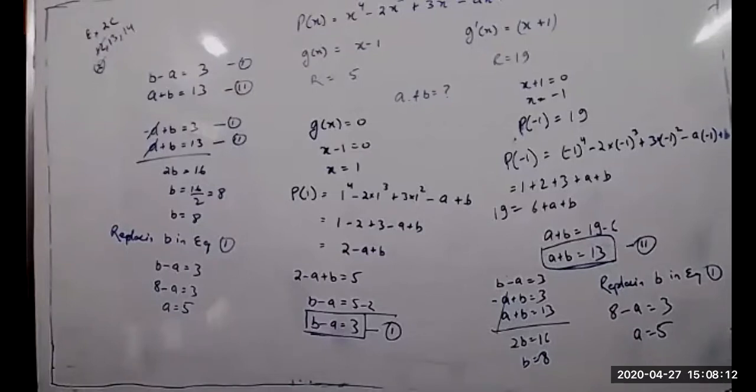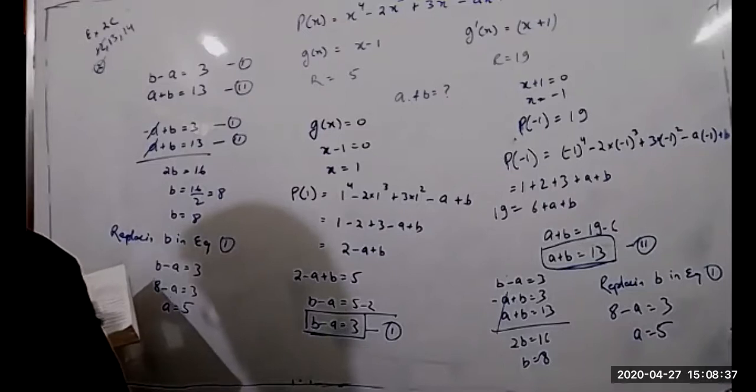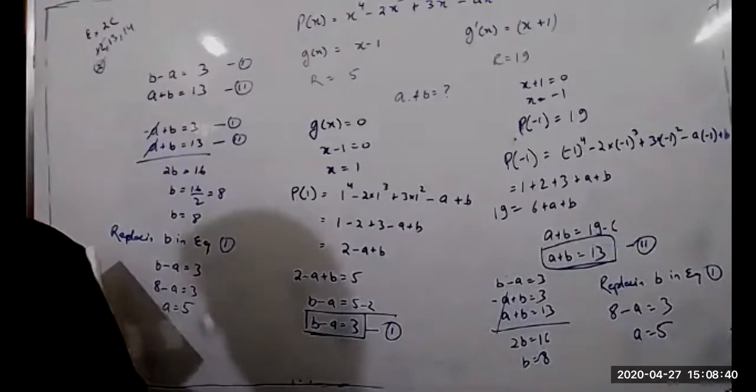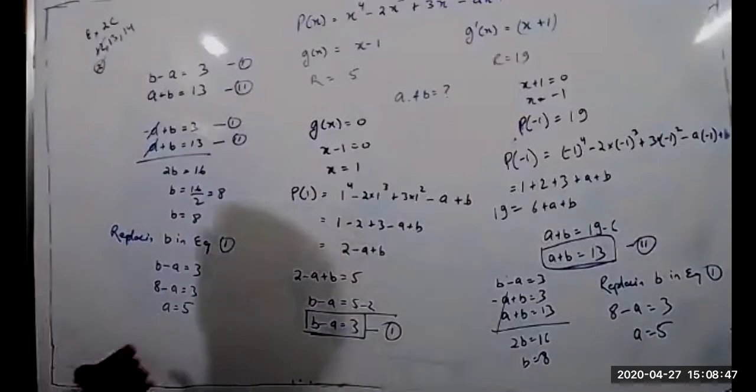Questions 11 to 20. Yes, tell me, Ashish. Sir, in the 14th one, the question you were doing currently, you left out the last part. Yes, I left out the last part. So tell me, Ashish, what do we have to do for the last part? You have to take G as G2x equal to 0. The last part says, find the remainder when px is divided by x minus 2. We have got the value of this one.